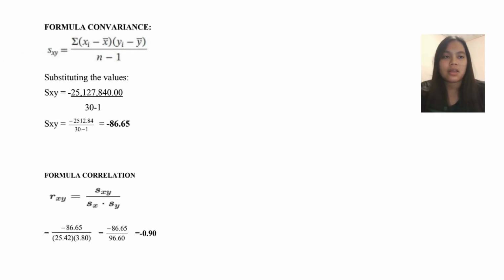The formula for covariance is deviation x times deviation y divided by n minus 1. So I substitute the value, which is negative 25170804.00 divided by 30 minus 1. So I get the answer negative 86.65. For the formula, correlation is sxy divided by sx times sy. So negative 86.65 I get from the answer of covariance. So I divide 25.42 times 3.30. So I get the answer for the correlation negative 0.60. So analysis